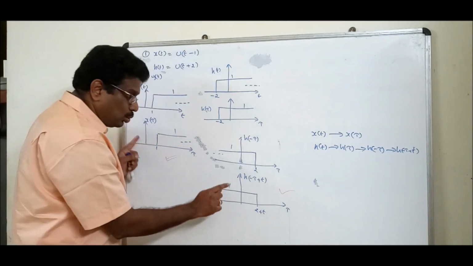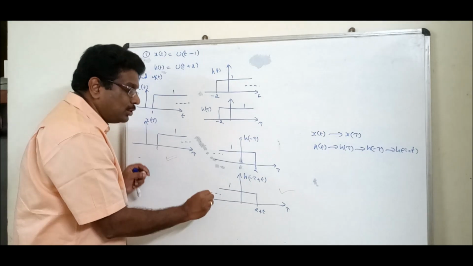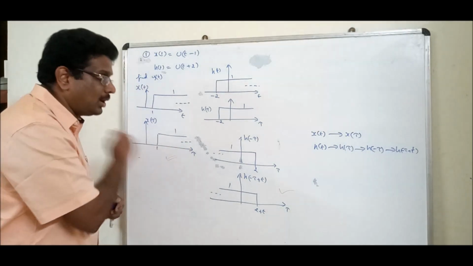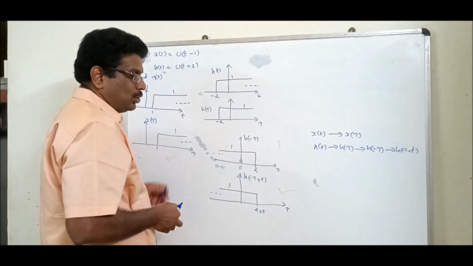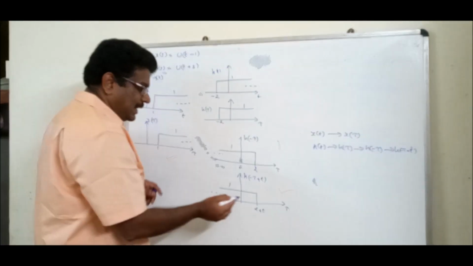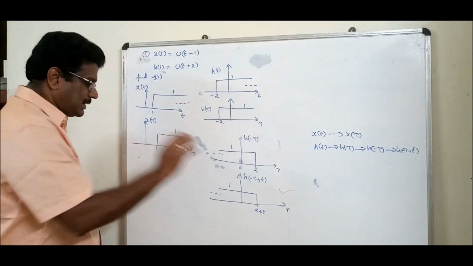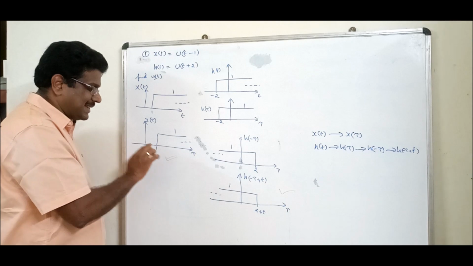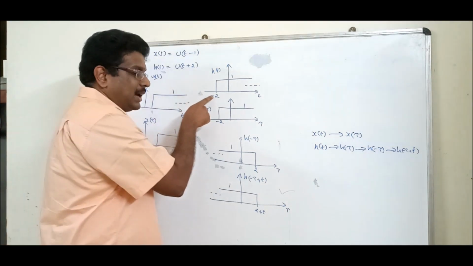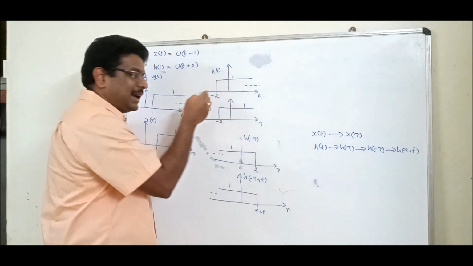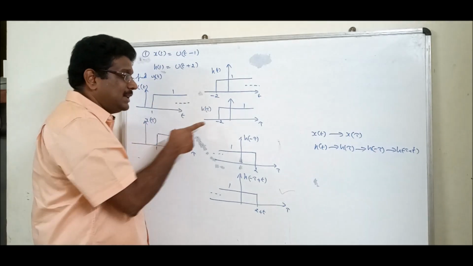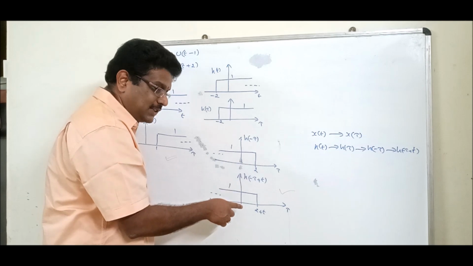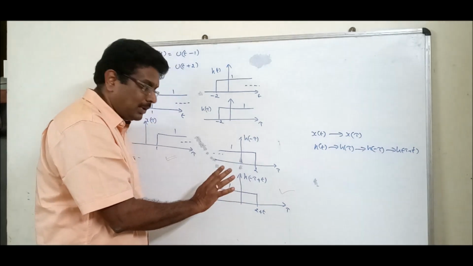Using these two signals, I am going to start the convolution. Okay, remember I am going to start the convolution. What is starting the convolution? Let us see this signal. This starts from minus 2. Right side or left side? Negative side. Left side. This starts from left side. This starts from right side. This starts from... No, we can't say.